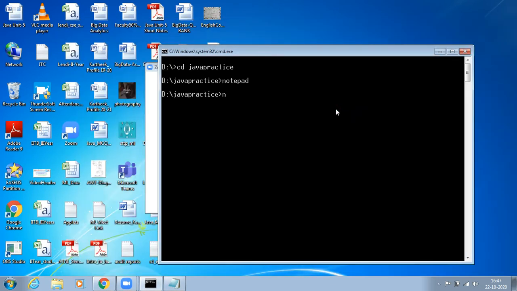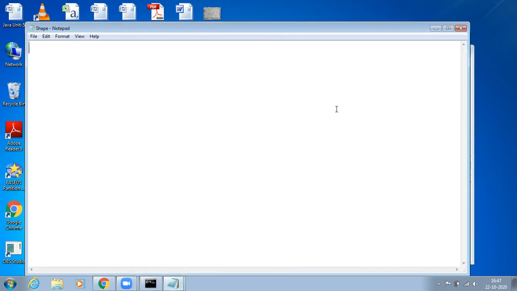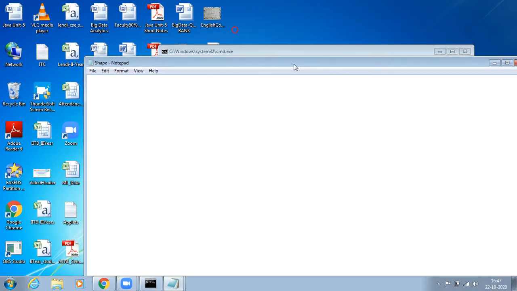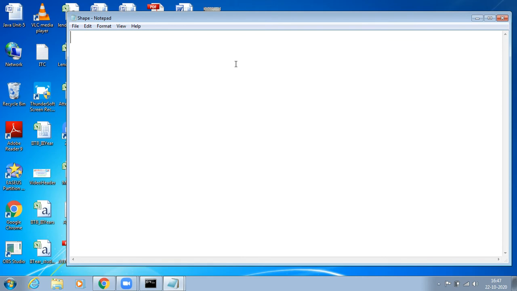So we'll take a class now. In Notepad, an example. I'll take another directory here if possible: mkdir unit 3. Then notepad shape.java. Now I'm taking a new class here. My class name is class Shape. I want to take the Shape class as a parent class.